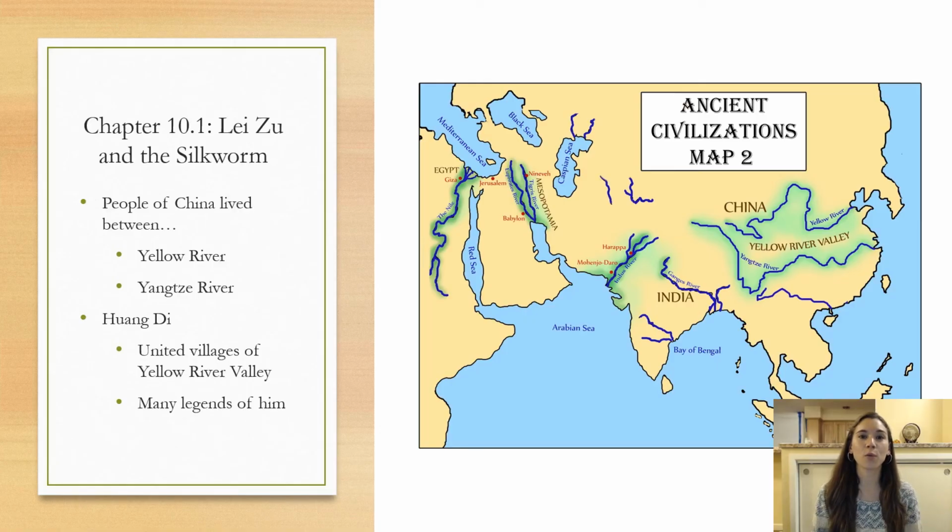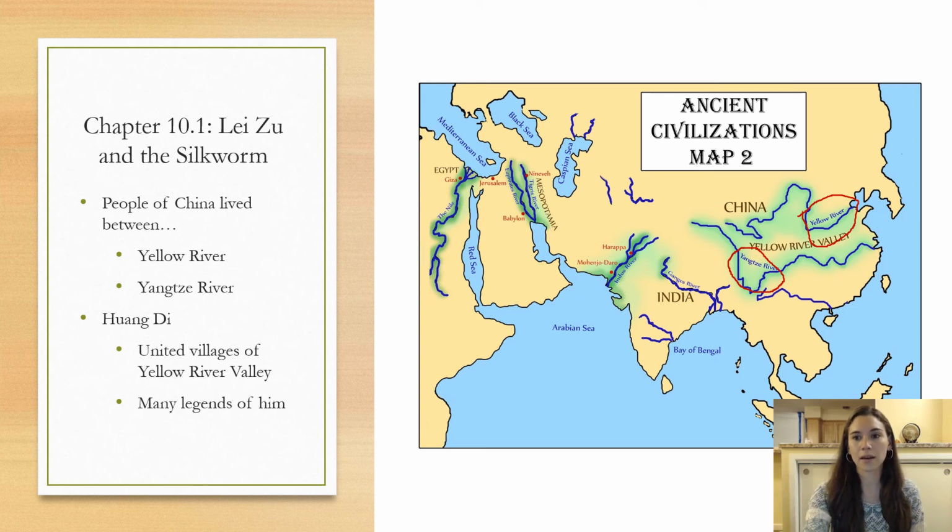In Chapter 10.1, you read about Lei Zhu and the silkworm. The people of China lived between the Yellow River and the Yangtze River, which you can see right here and right here with my amazing circling abilities. And you can also see all of the other ancient cultures we've been studying so far. Shang Di united the villages of the Yellow River Valley, and there are many legends about him. You read the story about Lei Zhu and the silkworm and how Shang Di was the first to invent medicine